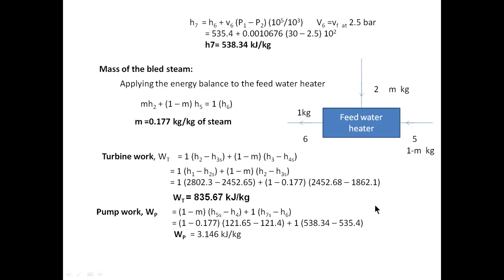Next, according to the mass change, you calculate the turbine work and pump work. We have calculated the turbine work and pump work. Now we can easily find the net work: turbine work minus pump work. Heat supplied is in the boiler. Here you need to note we are supplying the heat only in the boiler. The heat supplied in the boiler is H1 minus H7.